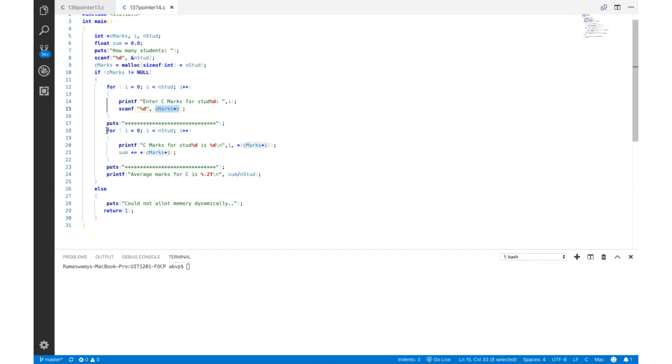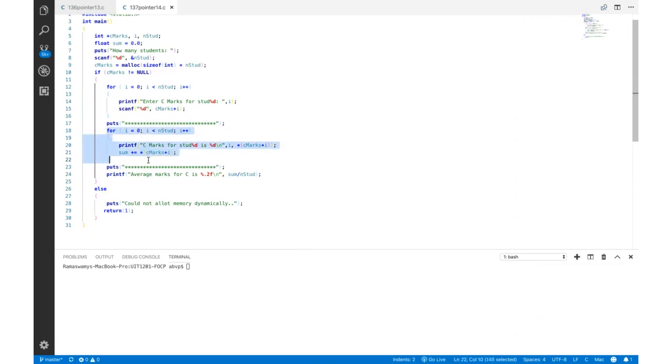The second for loop, for each of the students, we print the marks again using some pointer arithmetic and assign sum to sum plus the individual mark, so that when the loop is over, we get the total sum.